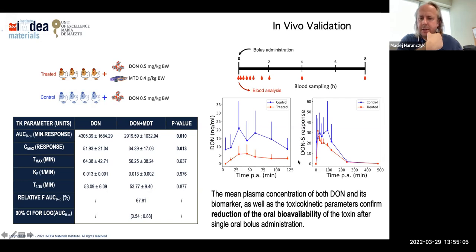The second is another test using a biomarker. There's a biomarker which indicates the composition of DON toxin in the liver, and you can also look at the concentration of this biomarker. And this is the plot on the right.